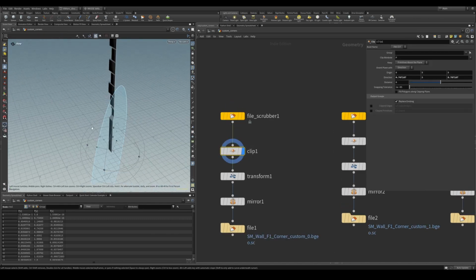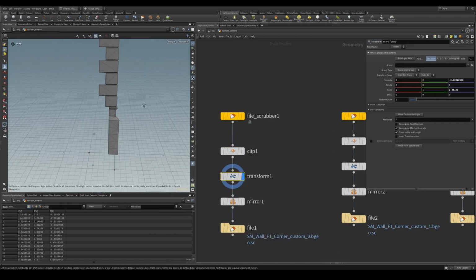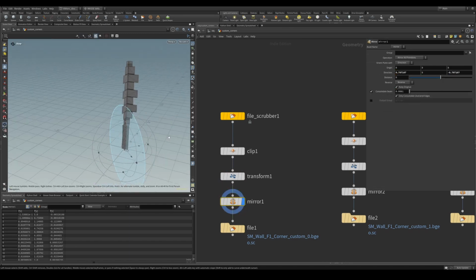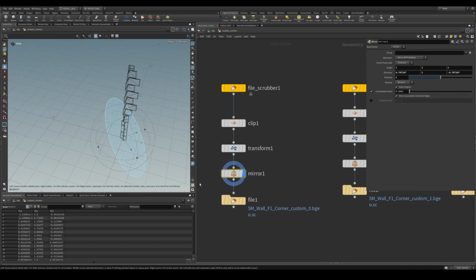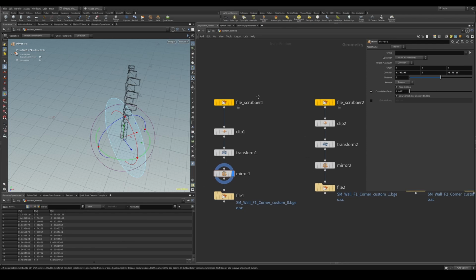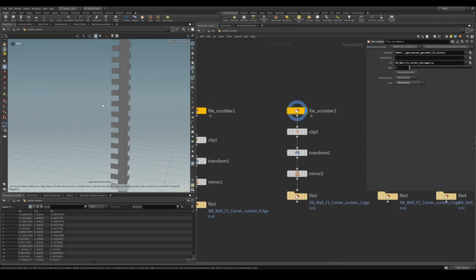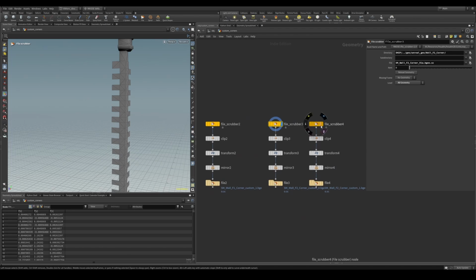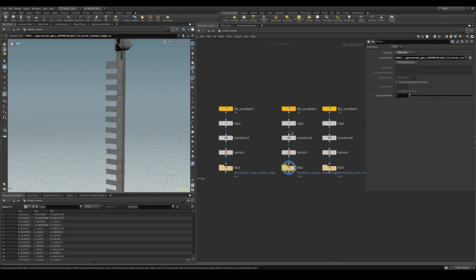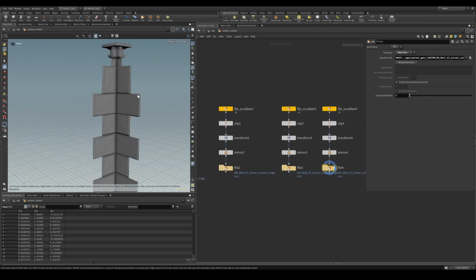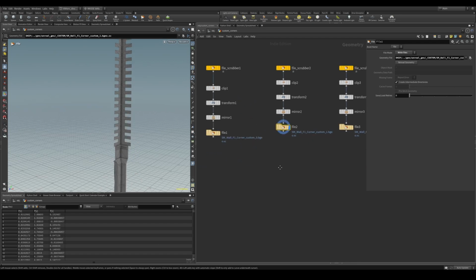I clipped it, transformed it, scaled it a bit, mirrored it, and then saved it out as a new geometry. There are two variants for the first floor and two variants for the third floor, for the second one. I did the same thing for all of them, and I saved them out